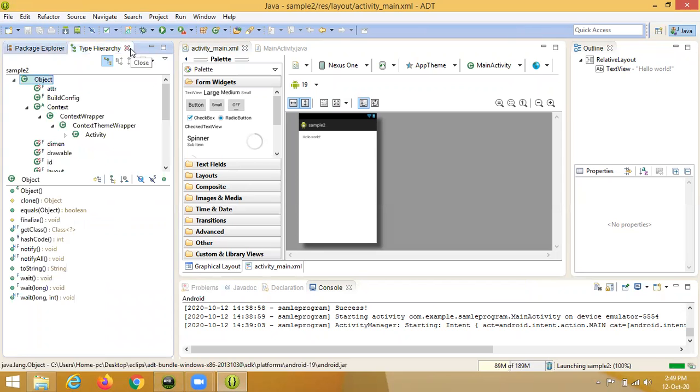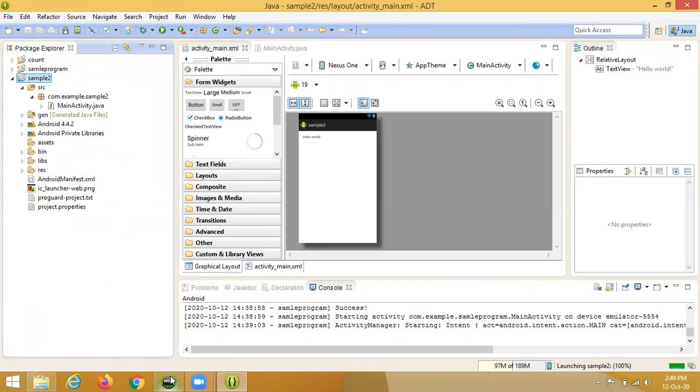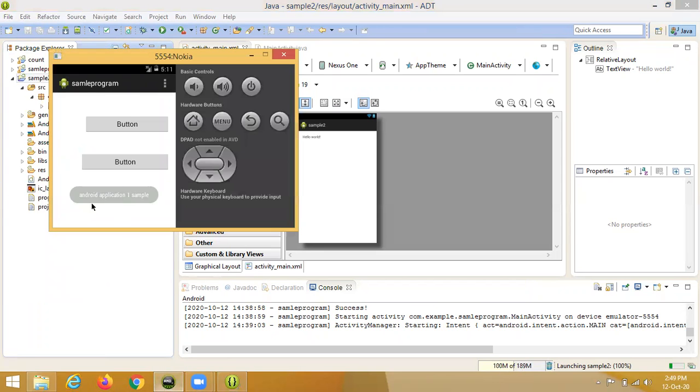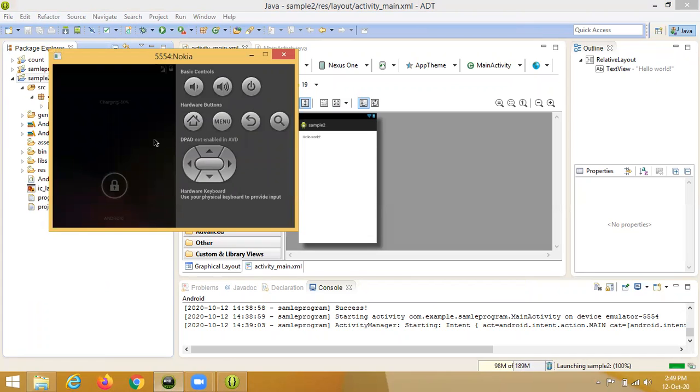When we give Android application, the AVD will be open like this. AVD takes 3 to 5 minutes to run.